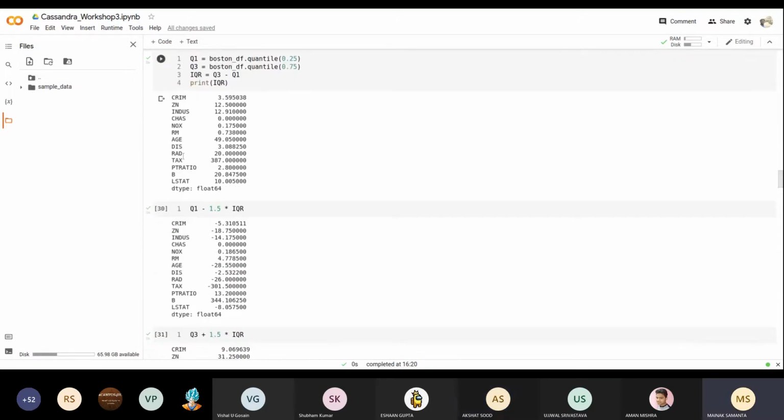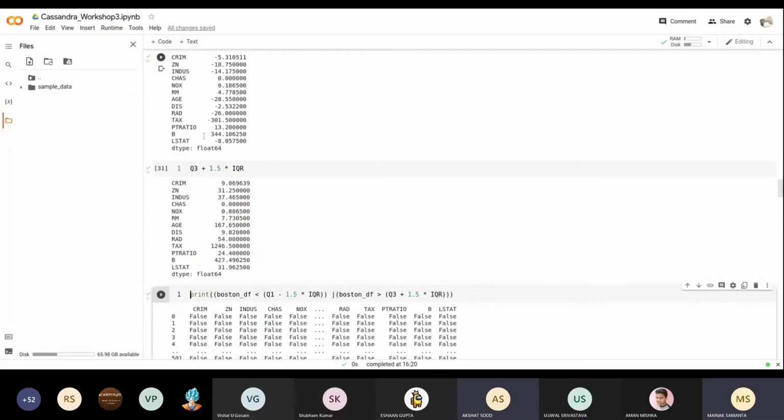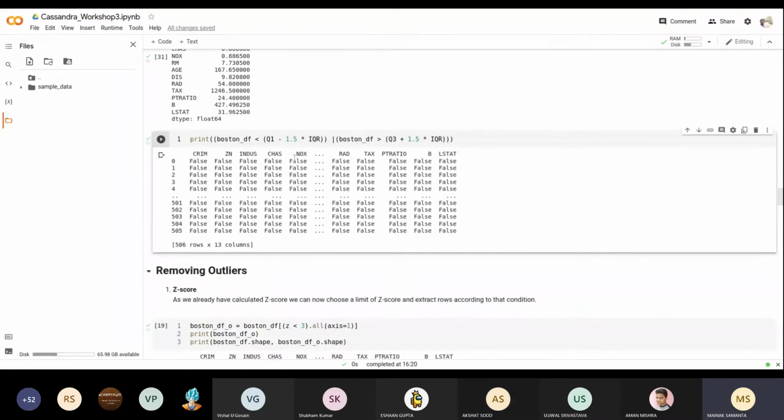See, for tax, the IQR is 387. For tax, the lower limit is minus 301 and the upper limit is 1246. So whatever tax is outside this limit, that element will be an outlier. Here you can see we have printed it, and where it is False, False denotes that it is not outside the limit. False means it is okay, not an outlier.